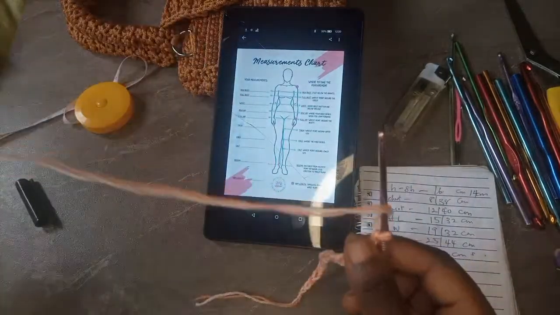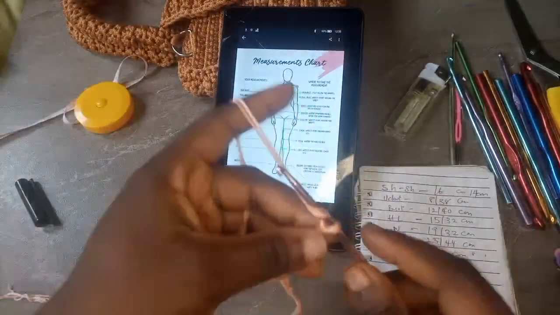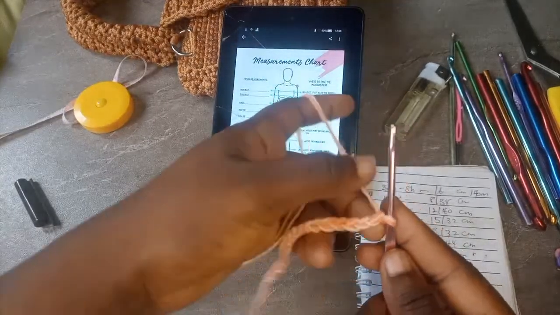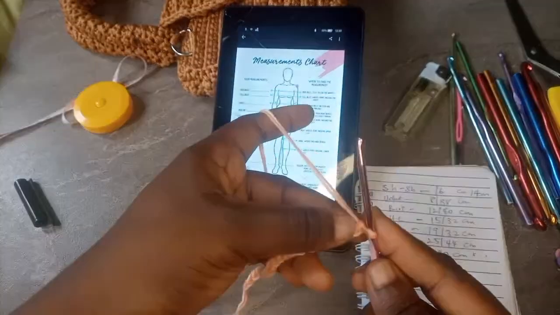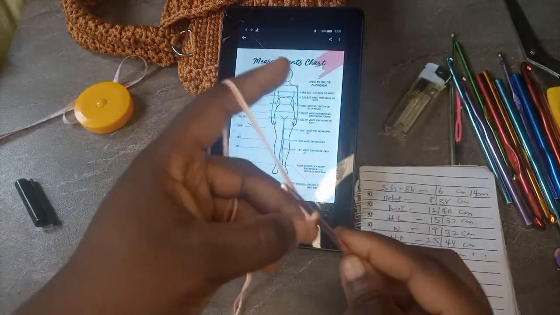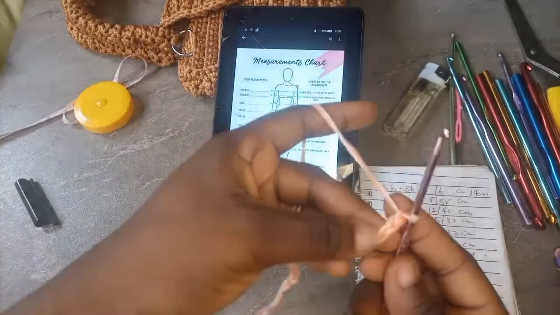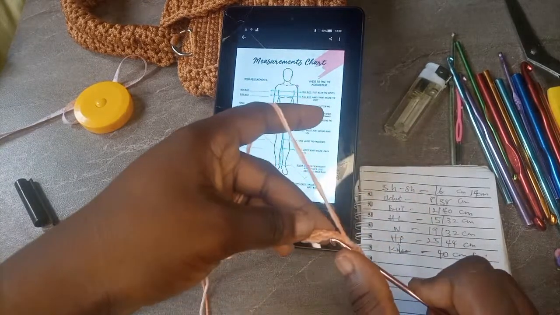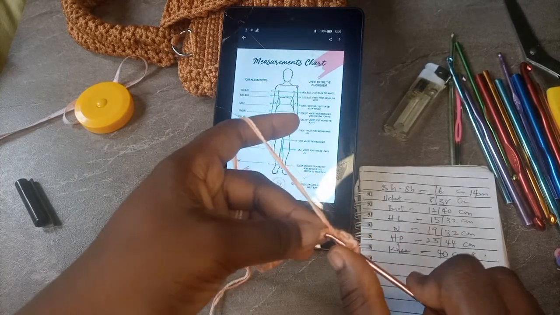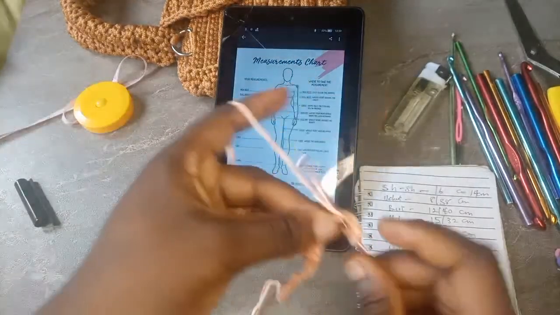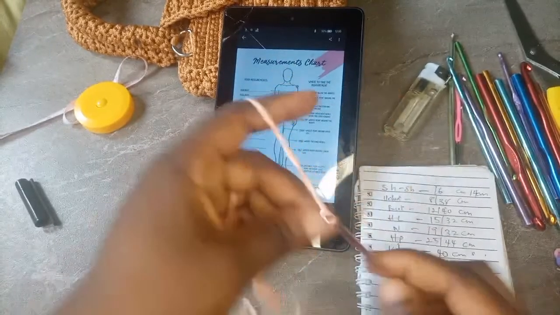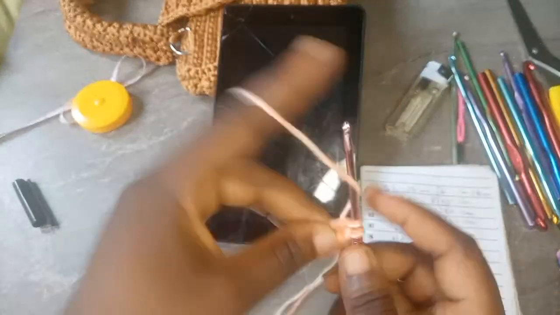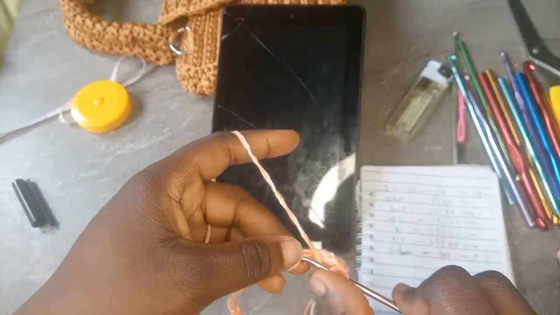Now we are using double crochet regular stitch, so we want to use our turning chain. So now this last one, I'm going to add it to my turning chain. Why? Because for our double crochet, once we do 3, it serves as 1 stitch. Okay, it serves as our 1 stitch. So I'm going to go into the next one and start making double crochet till the end of the row. And don't forget, you can see I'm picking the back loop, not the 2 front loops that we have. That's what I'm picking.